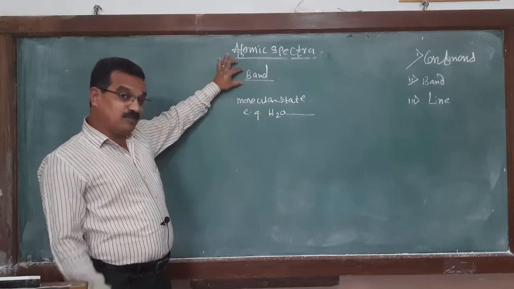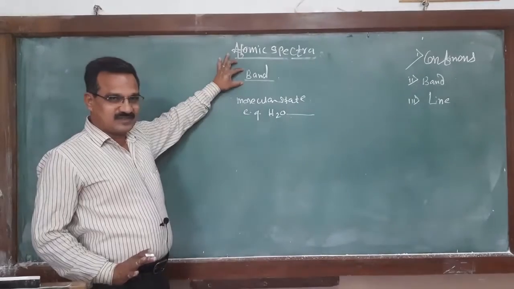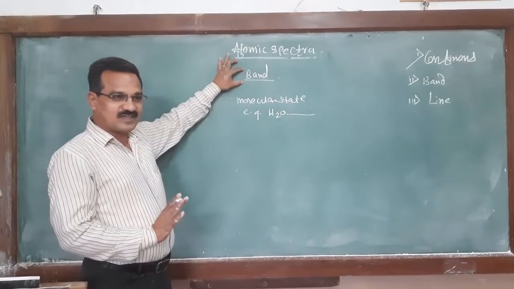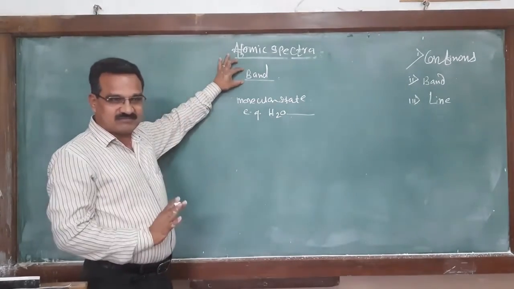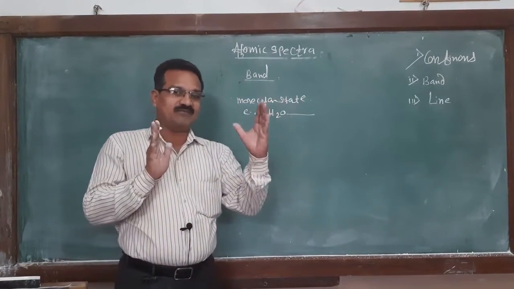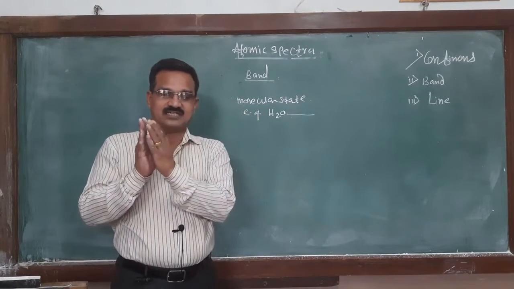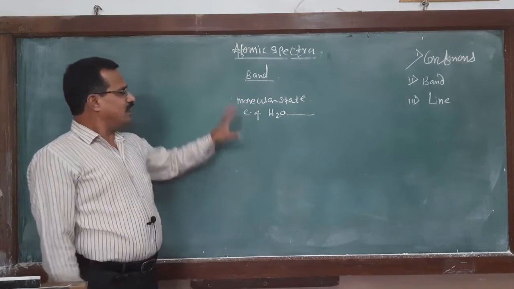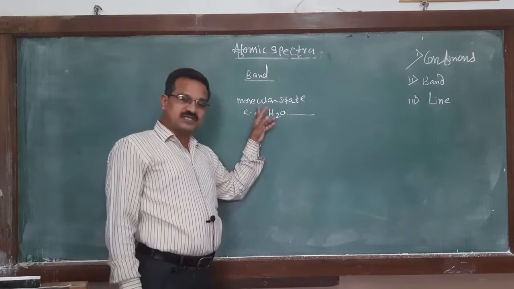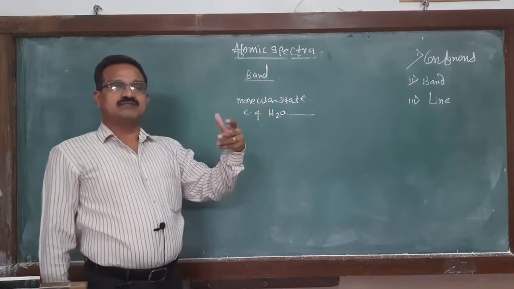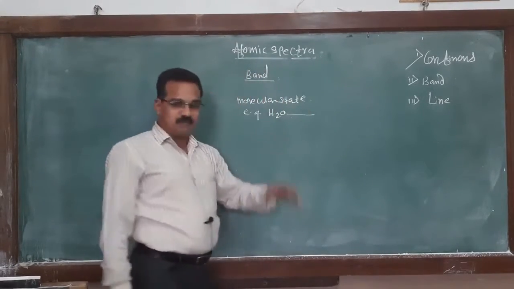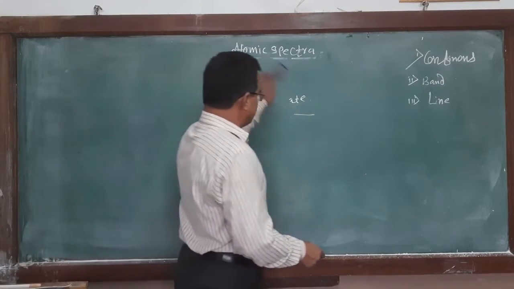And within the one band, number of lines are there, no doubt. But those lines are separated at the one end, and that end we call a bright end or bright edge. But at the other end, the intensity of the lines goes on decreasing and it is indistinguishable. Remember only about the band spectrum: band spectrum is obtained when the substance is in molecular state, or when liquids or gases are moderately heated, they give the band spectrum.